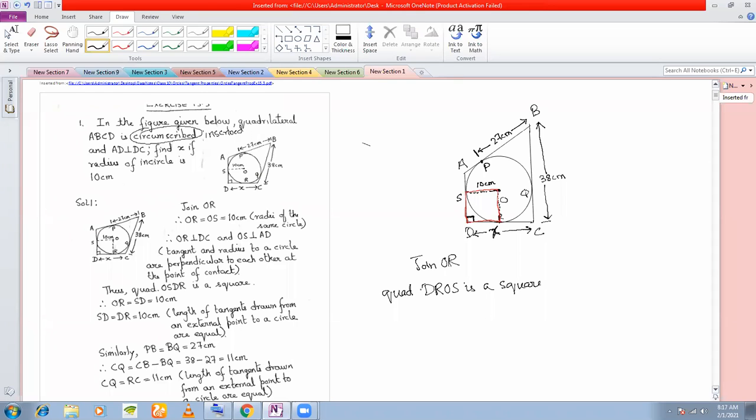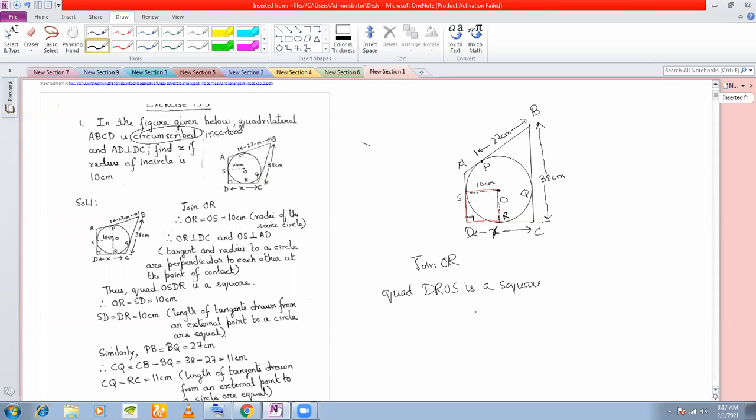How do you know that the sides will be equal? DX will be 10. DX or DR? Yes, sir, DR will be 10. And AC, why would it be 10? Because a square has all the sides equal. But I'm not assuming it is a square. I want to prove it is a square.